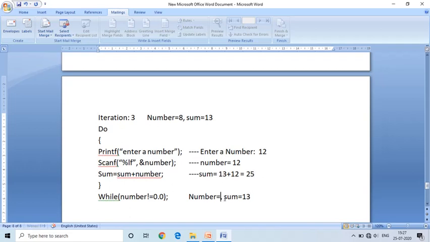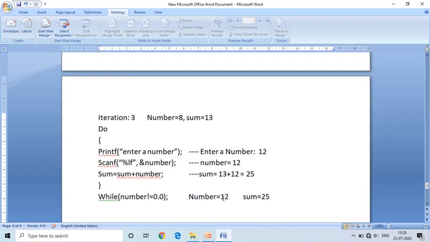Right now the memory consists number value 12 and sum variable consists 25. After completing iteration 3, it checks the condition while number not equal to 0.